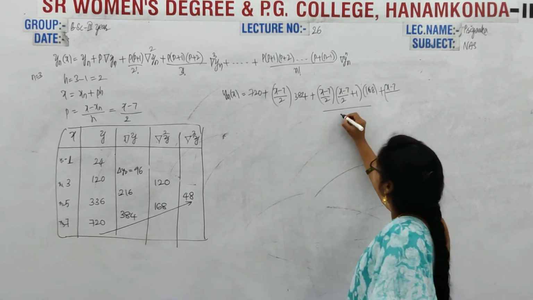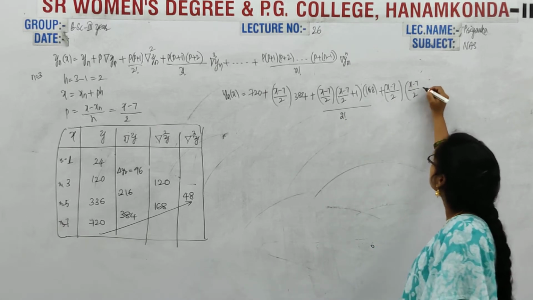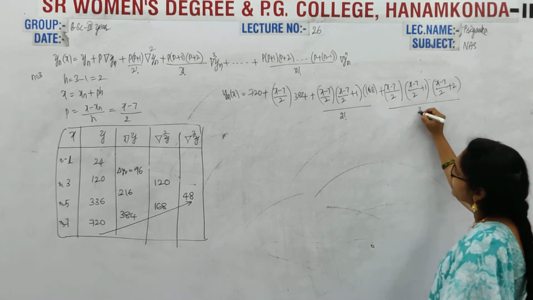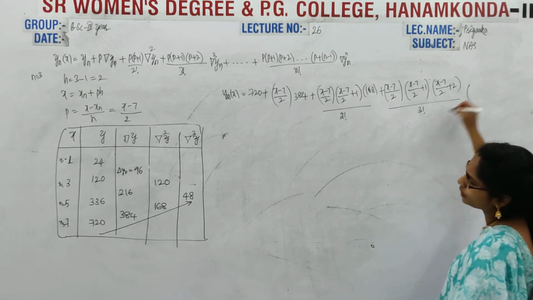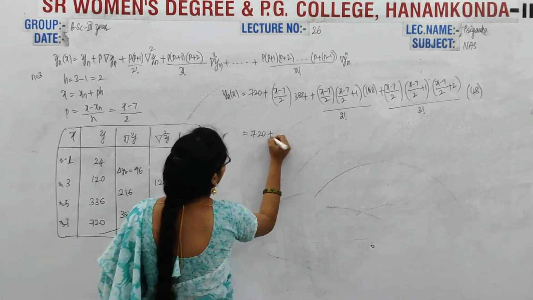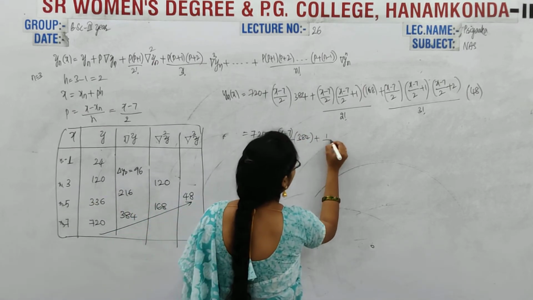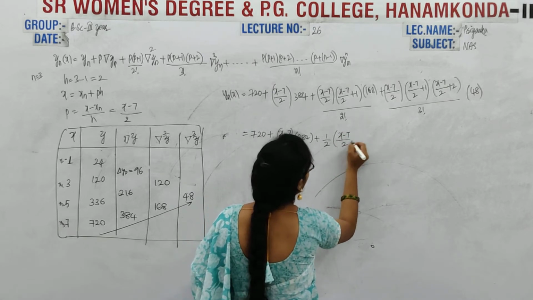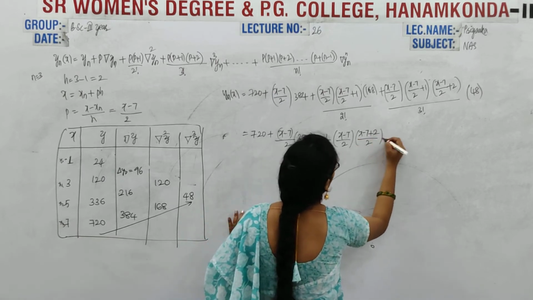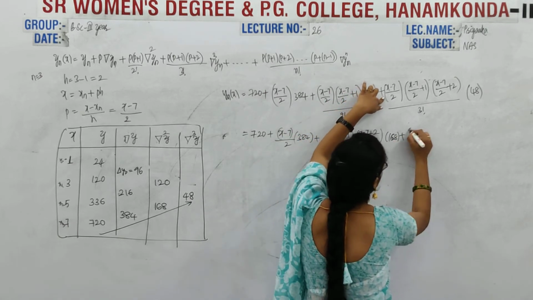P into P minus 1 is 2 factorial, and here x minus P into P plus 1, P plus 2, by 3 factorial into the Q value, it is 48. Now here 720 plus (x minus 7)/2 into 384 plus 1/2 into (x minus 7)/2 into (x minus 7 plus 2)/2, okay, into 168, plus (x minus 7)/2 into,